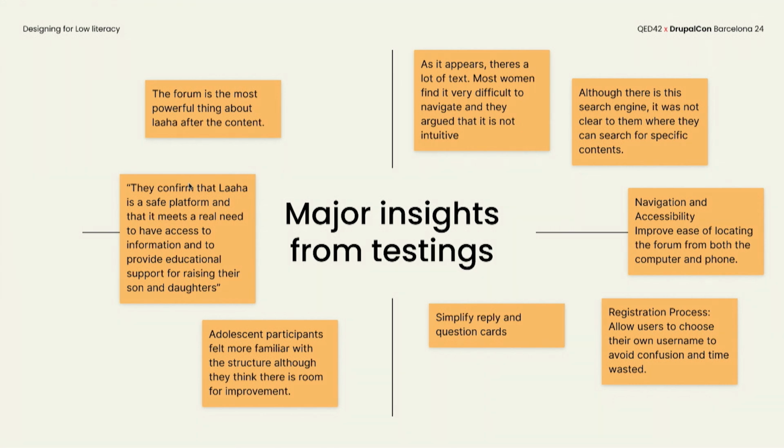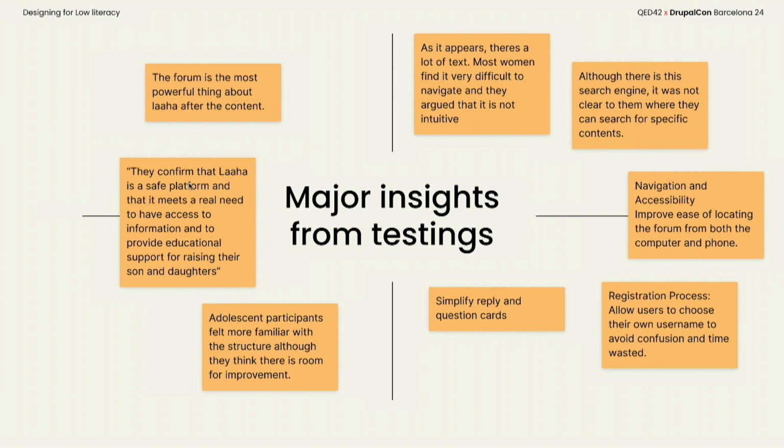The main thing they are not able to do is ask a question, because there are a lot of cards stacked up side to side, and also they are not able to understand where to go, how to search, and why there is a category, why this topic. So the first thing, the positive reply we got, is that they are happy with the forum. They love the forum, that it is solving the problem, but they just want it more simplified.